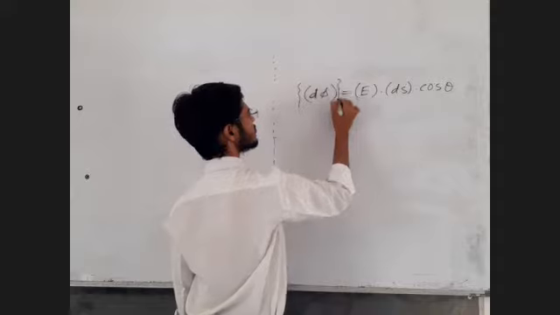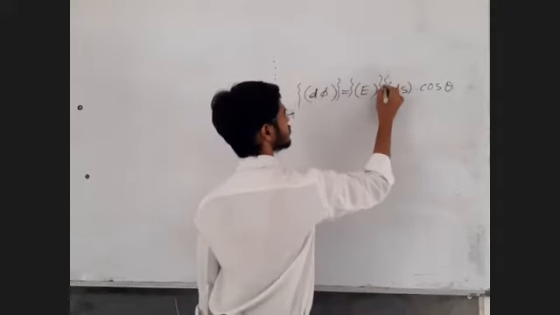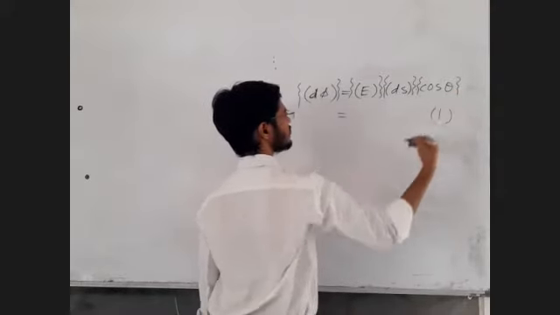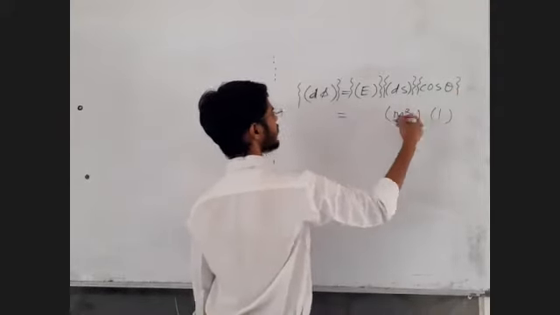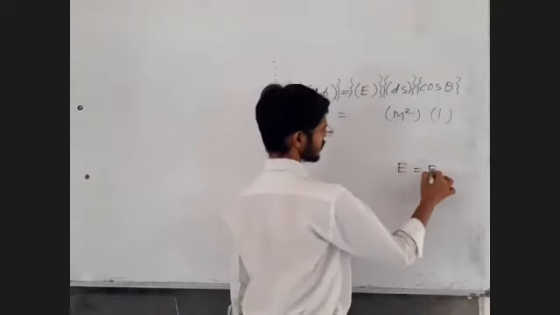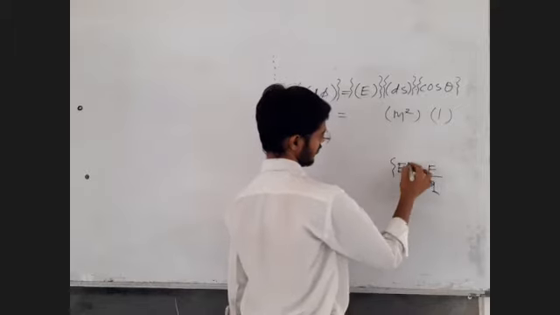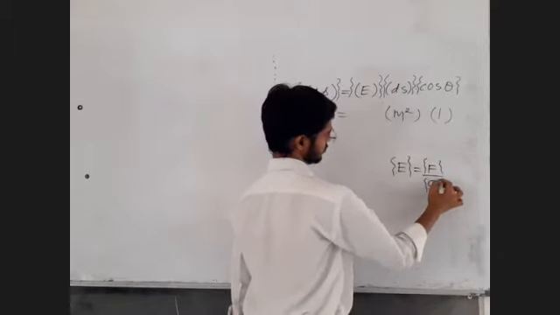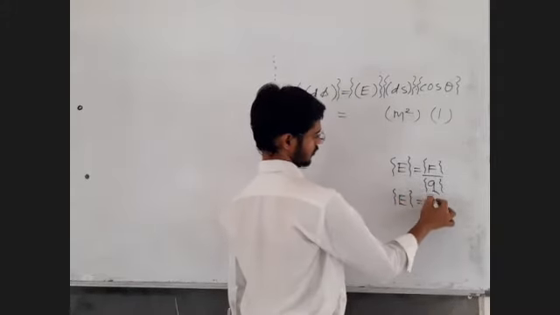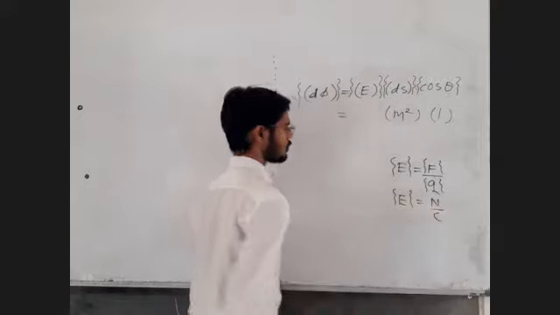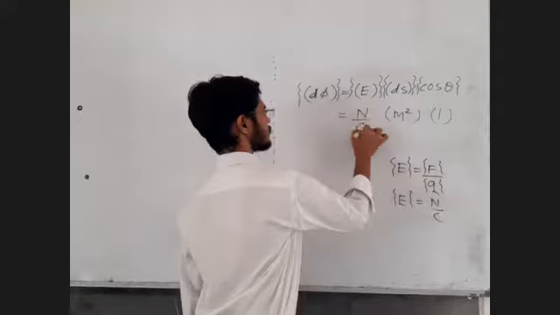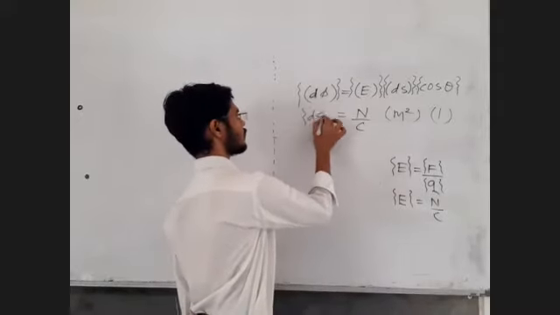Taking units on both sides. Trigonometric ratios are unitless, meaning just one. Area is meter square. What is electric field? Basic definition: electric field is force acting on a given charge upon the given charge. Taking units on both sides, the unit of force is Newton and the unit of charge is Coulomb. So electric field is Newton upon Coulomb. All of you gave the correct answer.